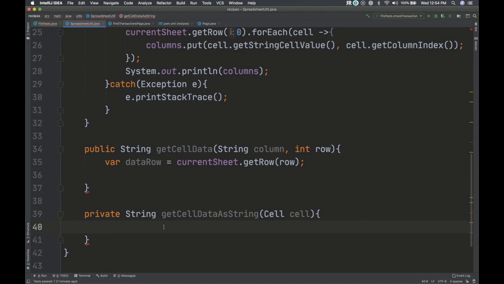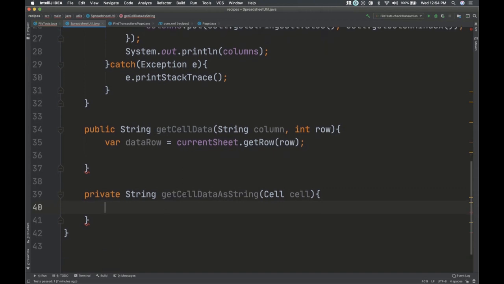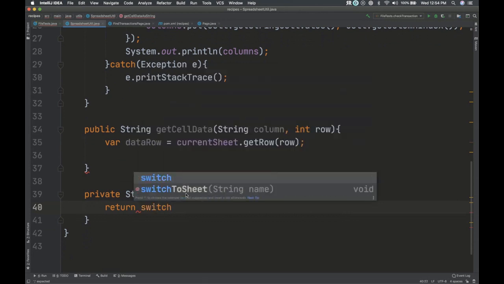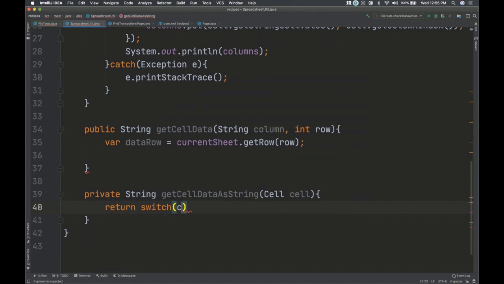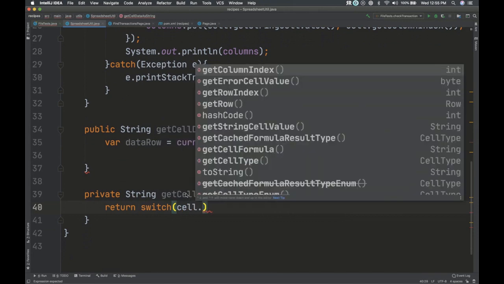So I'm going to use a switch because Java recently introduced new switch expressions, different than switch statements, and I want to play with them and show them to you. So I'm going to say return, and we can use switch as an expression as opposed to a flow. So I can say switch cell dot, and I want to get the type. Notice here this get cell type.